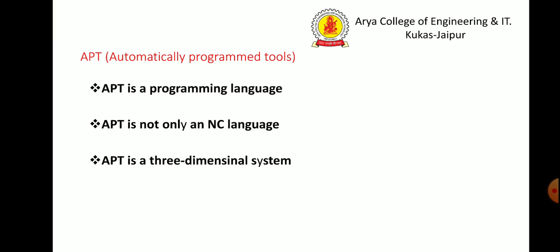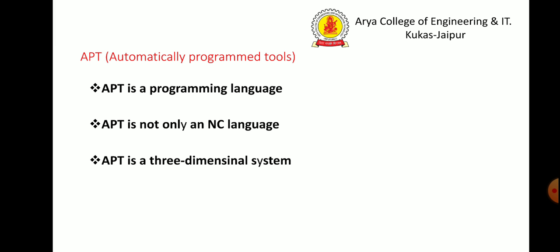APT language means Automatically Programmed Tools language. In this topic, APT language for computer assisted part programming, our objectives are to explain the English-like statements of this numerical control language and to show how they are used to command the cutting tool through its sequence of machining operations. This is based on APT, a language, and